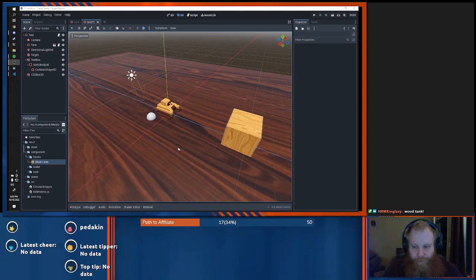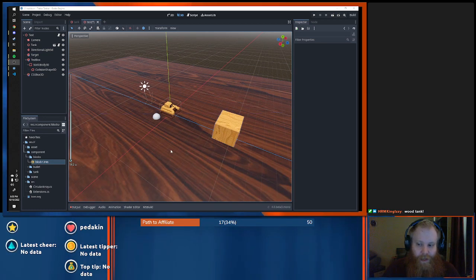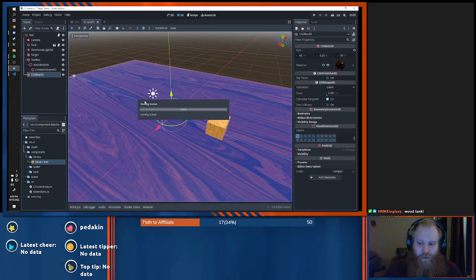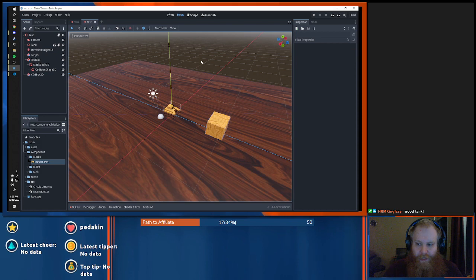And so I'm using this project to explore the engine, and not only the engine, this is the first foray I've really had into 3D development. I mainly used my own engine previously, and I knew that trying to create a 3D engine would mean that I'd never get any actual game work done. So I'm going to use someone else's engine for that. This is Godot. It is a relatively new engine.